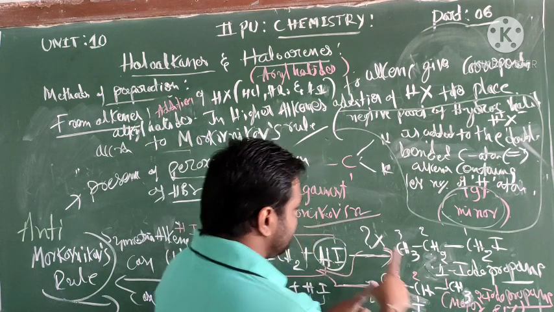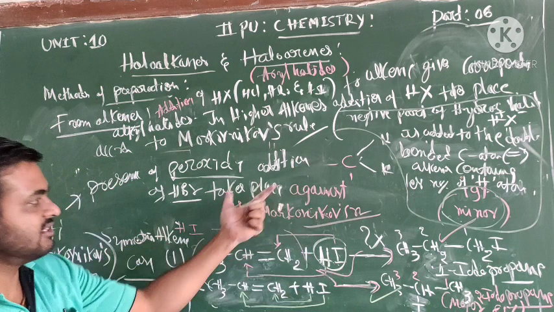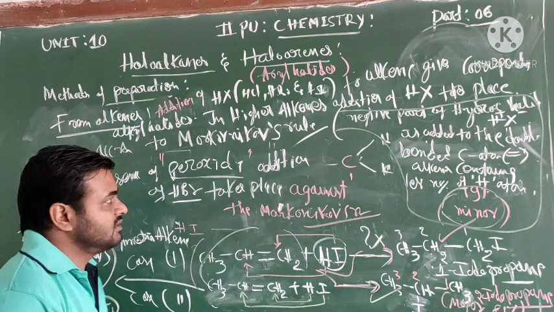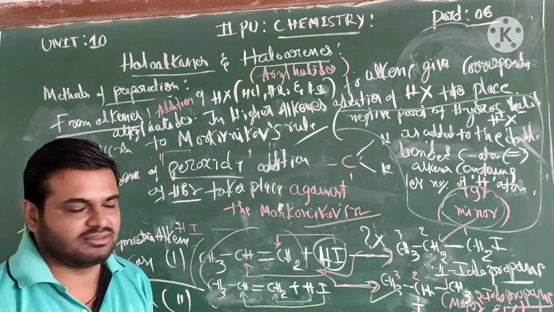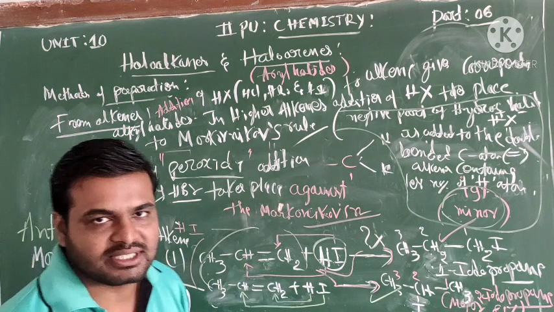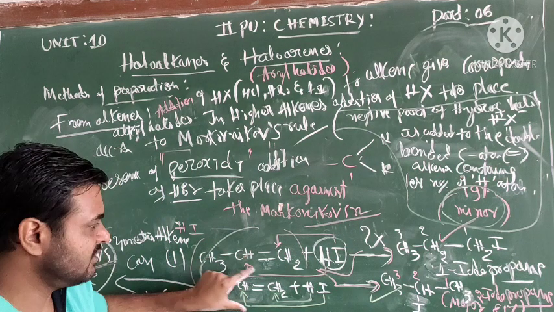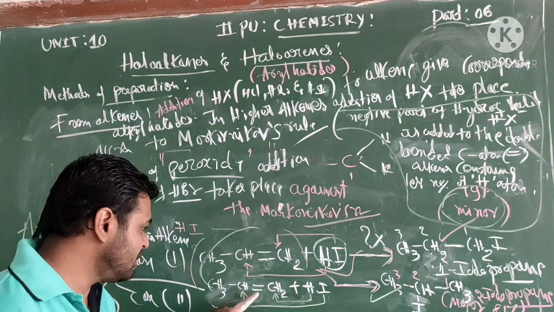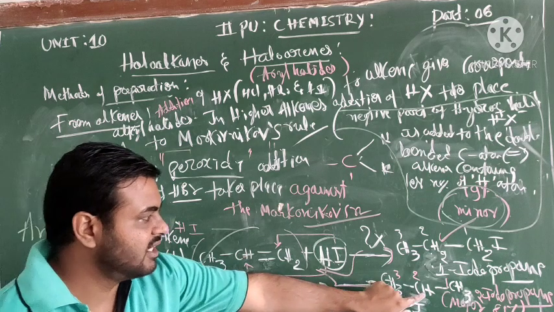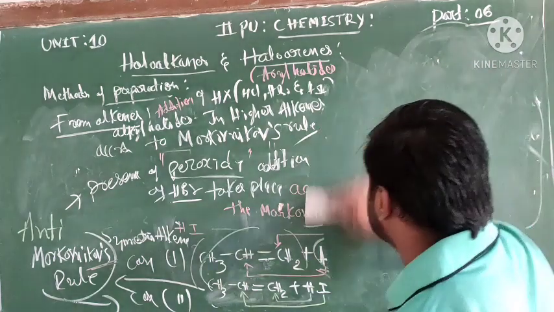Here is the product. In the case of the anti-Markovnikov rule, this is to be considered. Against the Markovnikov rule, in the presence of peroxide. This is the anti-Markovnikov rule, this is the Markovnikov rule. Okay, don't worry, we concentrate only on the Markovnikov rule. Okay, this is important. Don't get confused. Only the alkene carbon with fewer hydrogen atoms is attached to the halide. This is the major product, 81%.